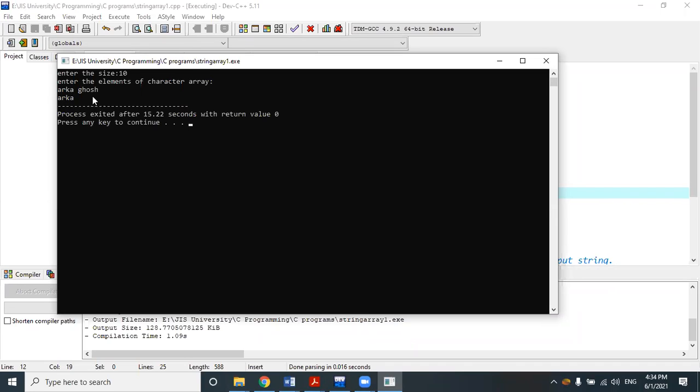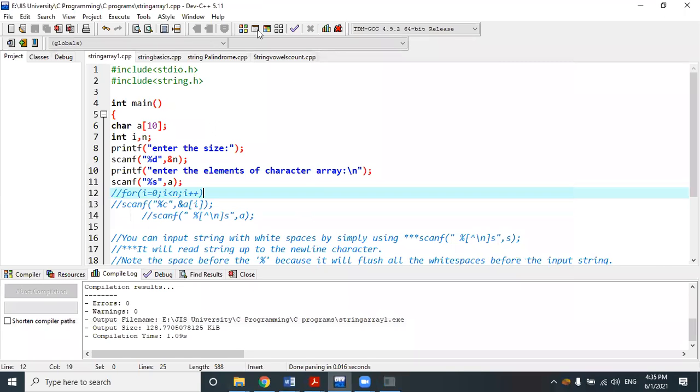So look, while we are using this %s or the scanf function with the string specifier, it only prints the first name instead of printing both the first name and last name, because it will find a null character here. When it finds a null or blank space in the string, it will automatically assume it is the end of the string. I have already told you the null character is like a blank space which is mainly used to represent the end of the string. So string is a data structure. When it finds this null character, it automatically assumes this is the end of the string. That's why it prints only the first name instead of both the first name and last name.